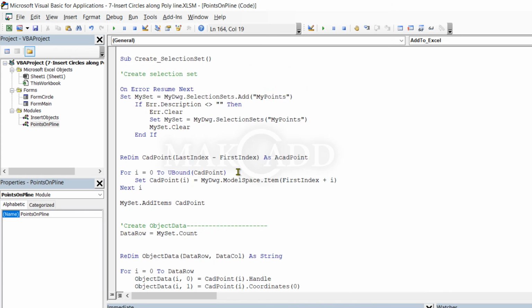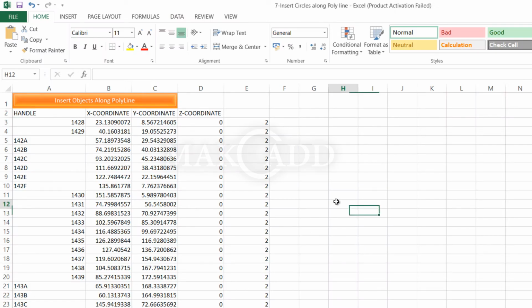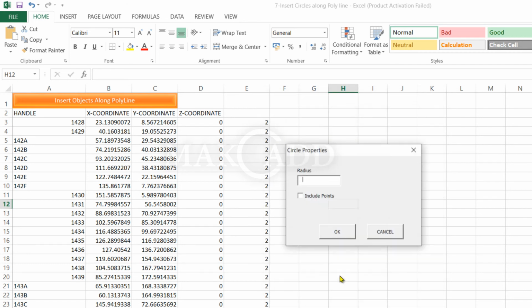Okay. We can check. Circles. Okay. It is 3. Include points.